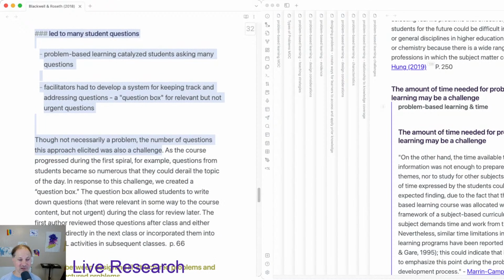I mean, I think it's great that a curricular approach and pedagogical approach leads to people asking more questions. And here they're talking about a question box as a way of facilitating or mediating or moderating the question process. And I know that I have another note from other literature on a question guide to help with that. So again, this goes into lots of different spaces. So led to many student questions. We'll put it here for now, but